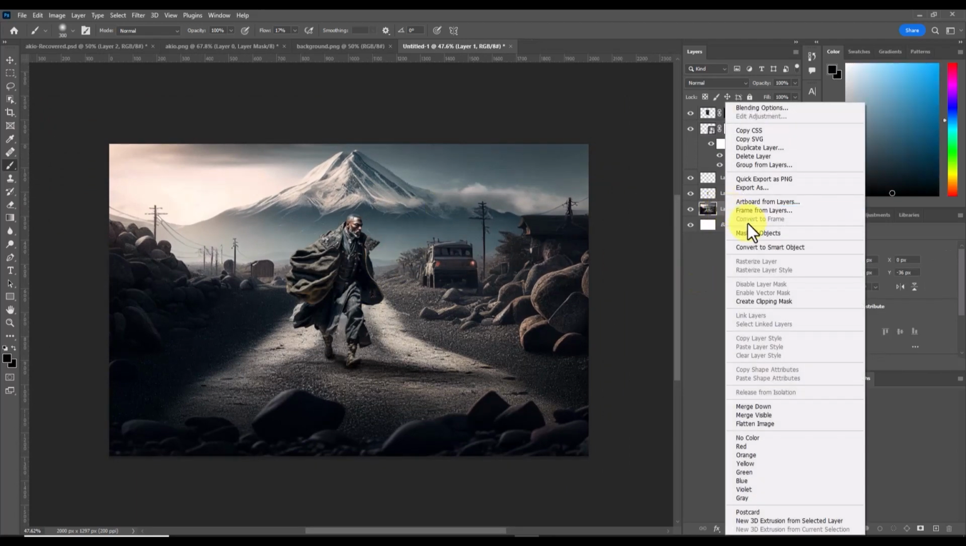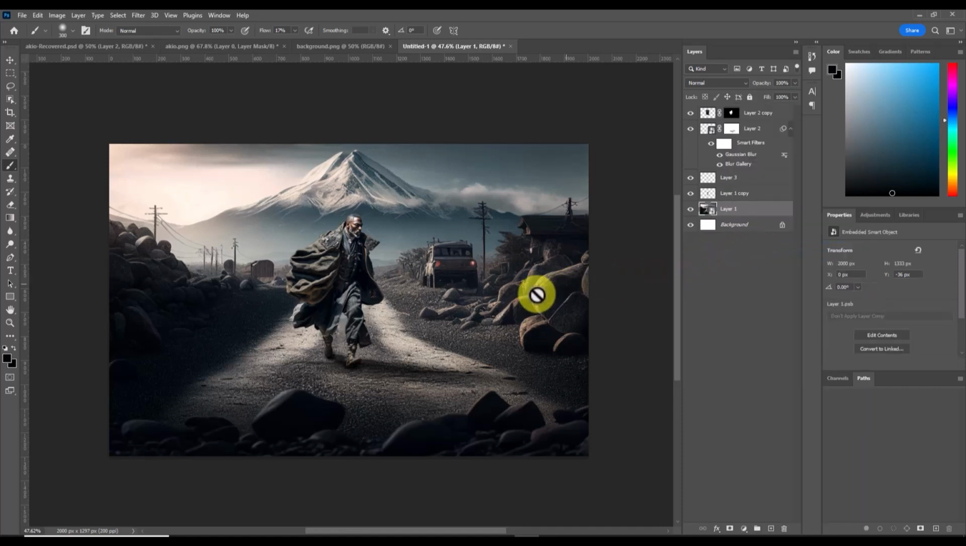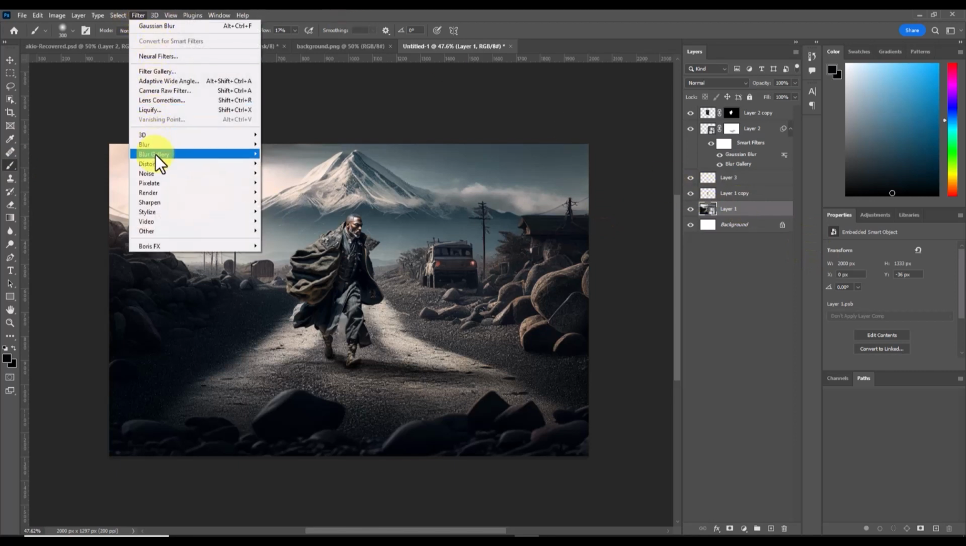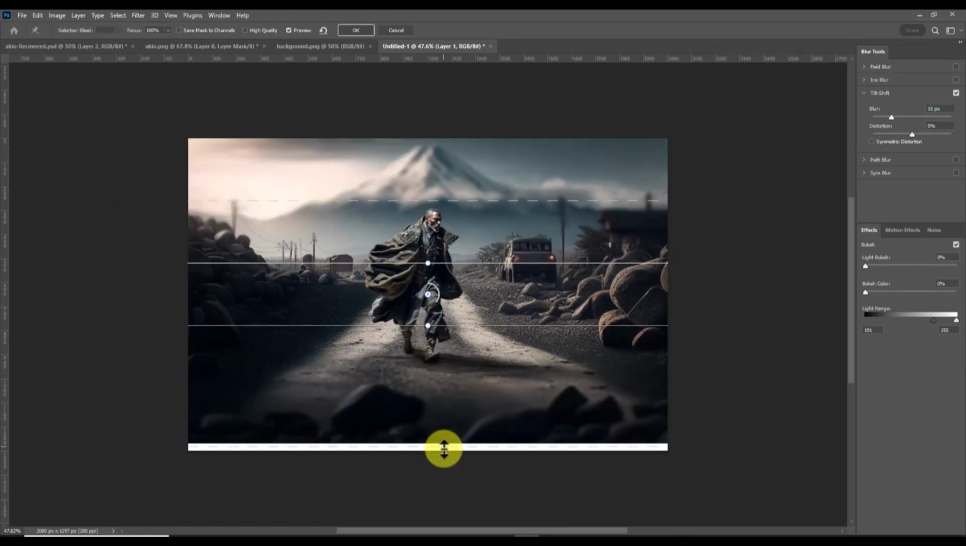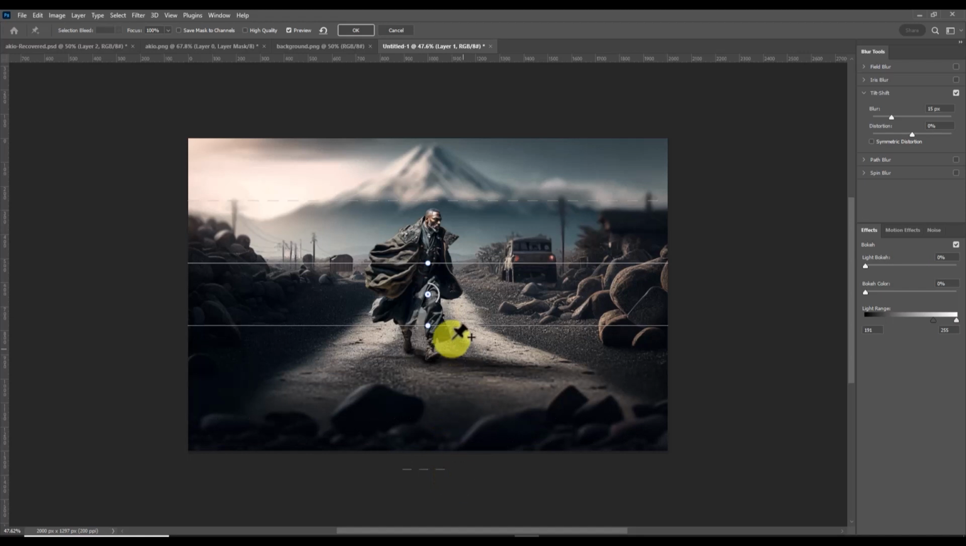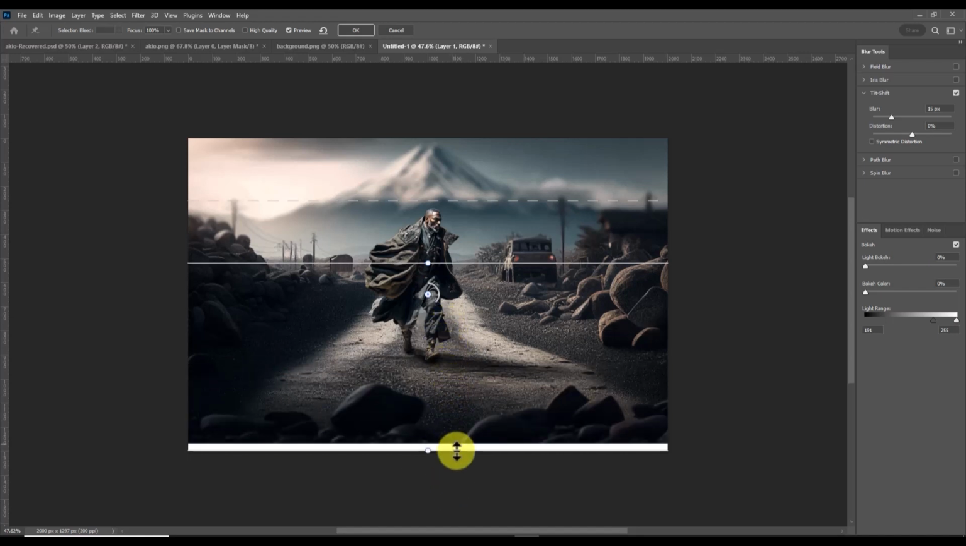I'm going to turn the background and convert that into a smart object. And I want to get some blur on here. I don't know how much, but let's go ahead and we'll do the same thing. We have a couple of things we can do. I'm going to still use my tilt shift. I'm going to move down because I don't want any of this blur down here, but